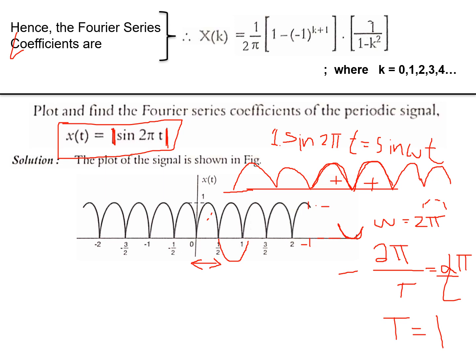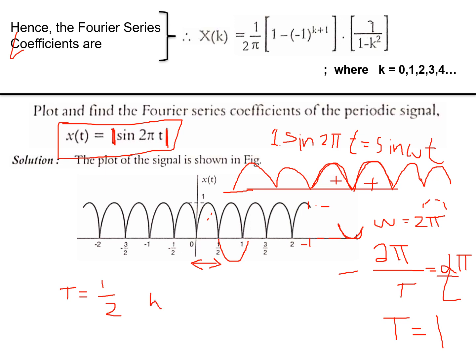After rectification, time period becomes half. That is, frequency doubles. Frequency becomes twice. You know, in a rectifier application, if the fundamental frequency is 50 Hz, after full wave rectification, frequency becomes 100 Hz. Frequency doubles. Therefore time period becomes half. Originally time period was 1 second. Now the time period T is equal to half. In this given waveform, T is equal to half, because of rectification.